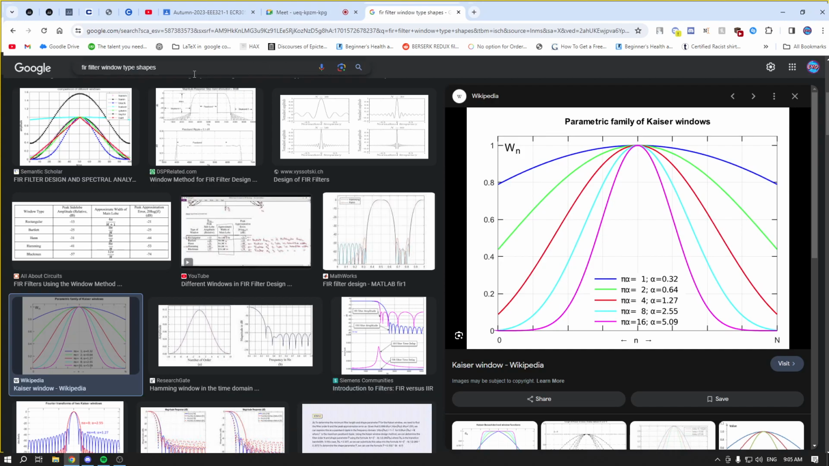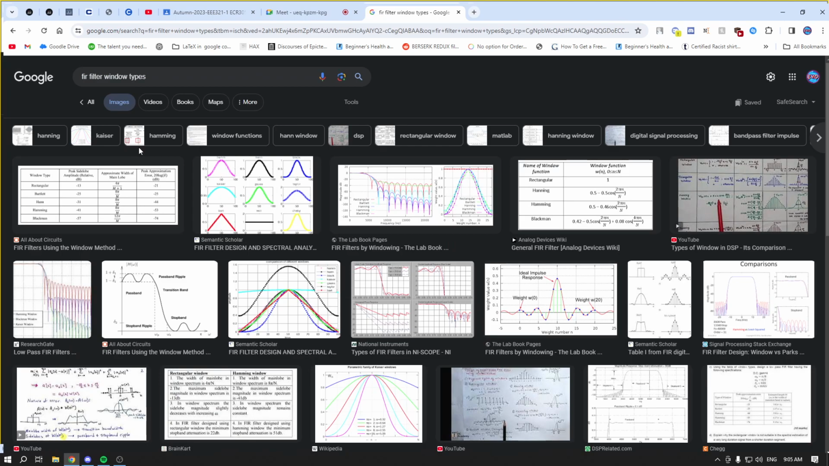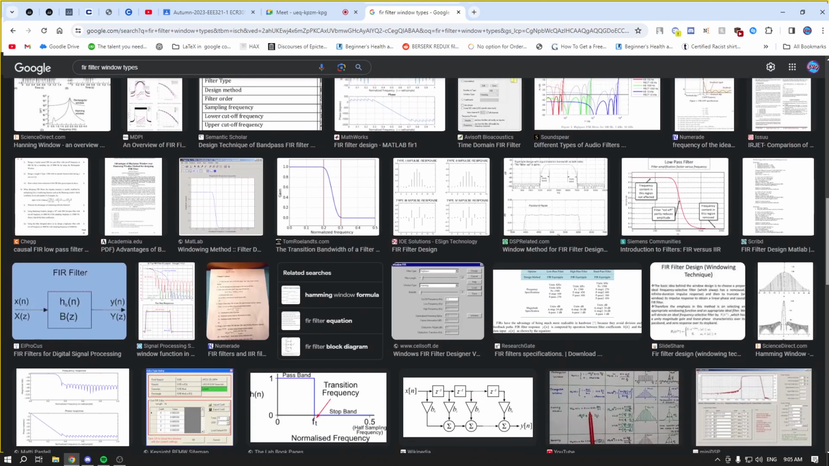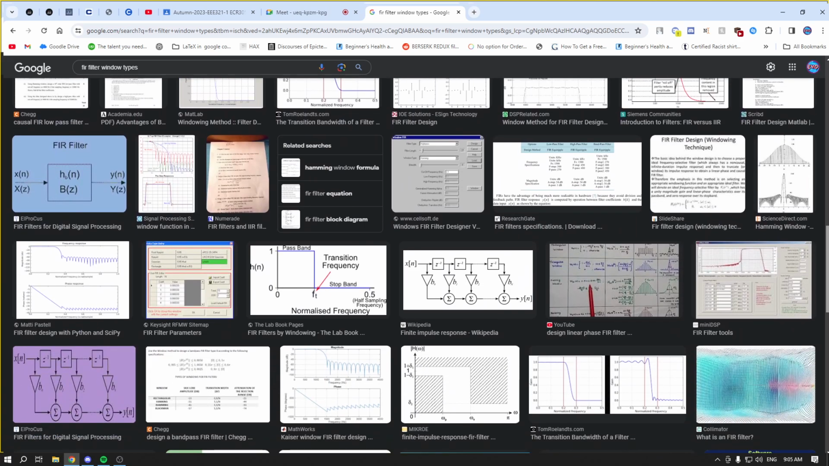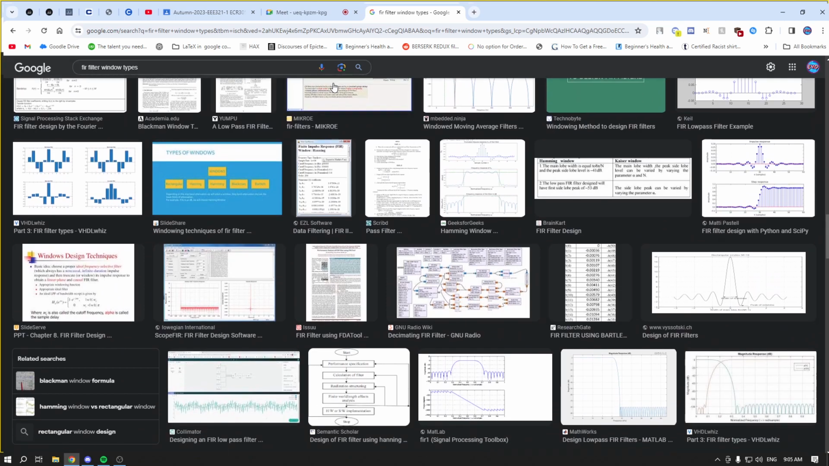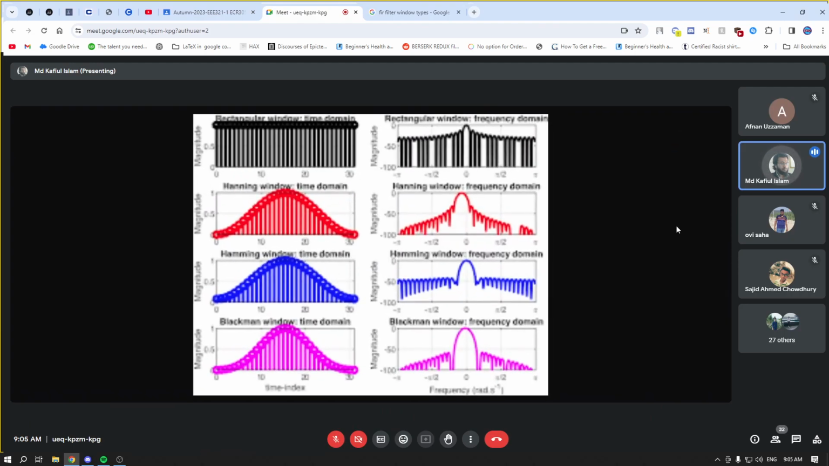Now, with the same keyword, if I search for Google, then I can come up with another set of data, just like this. So let me also show you that, because the search results are different. So this shows, on the left hand side, the different types of window function in time domain, and on the right hand side,